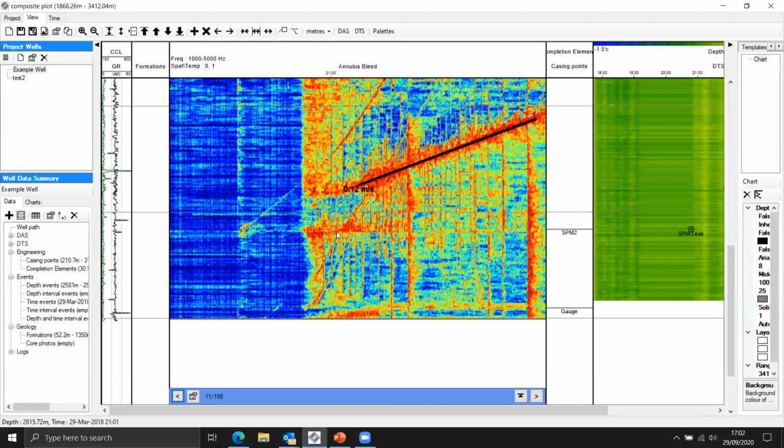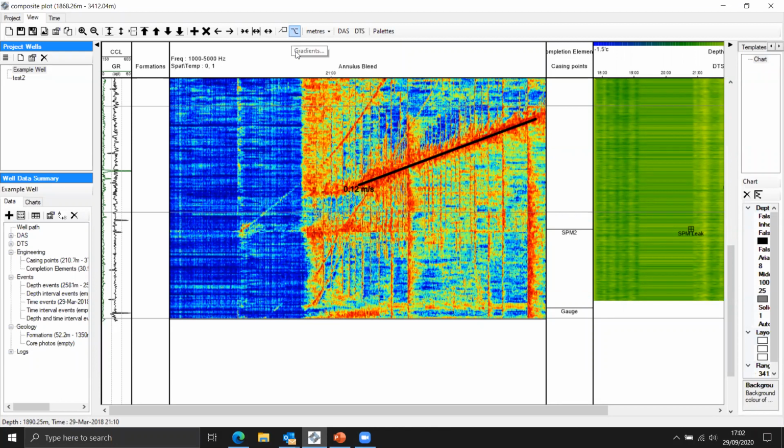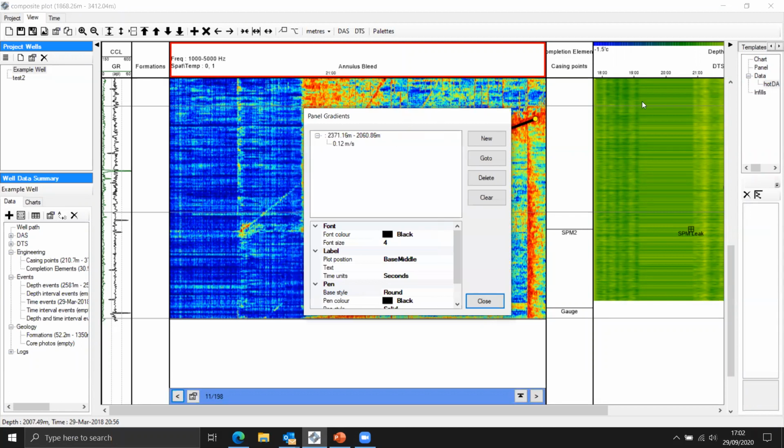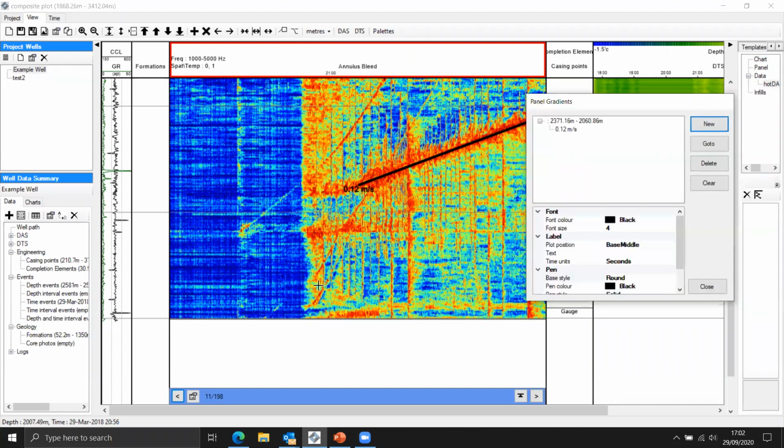But the slope of that line changes as we get to the side pocket mandrel depth, and so the slope of this, in fact, let me just add in a couple more gradient lines. So the slope of that is quite different to the slope of that,